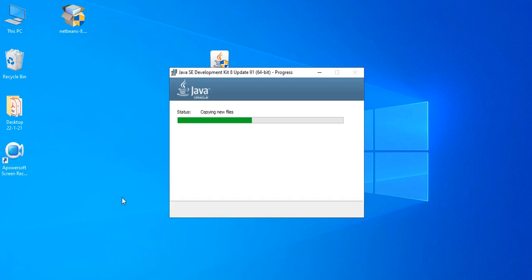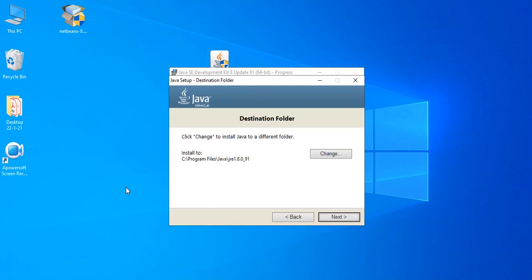It will take a little bit of time, so you need to wait. You can see it is asking for a destination folder.